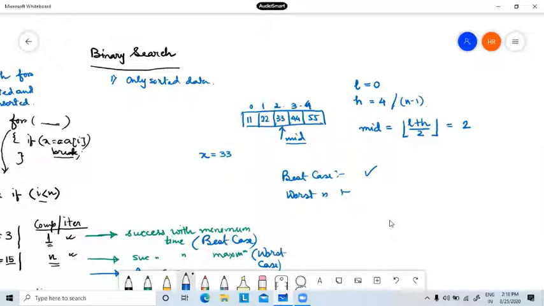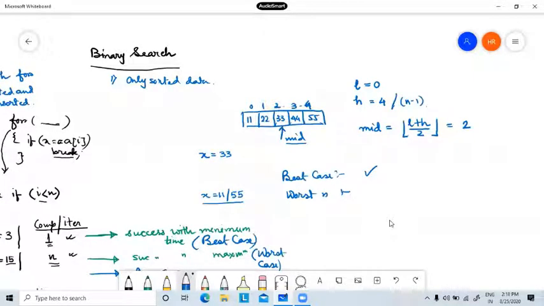Logic clear? And what is the worst case? Extreme, when the element is present at 55. Either 11 or 55, both will give you the worst case.